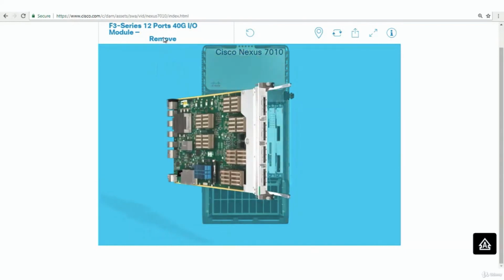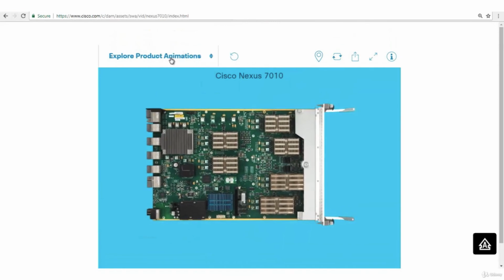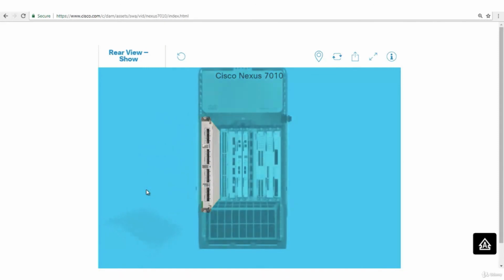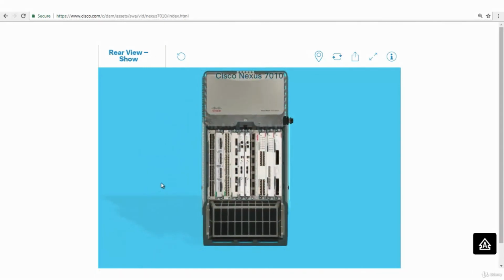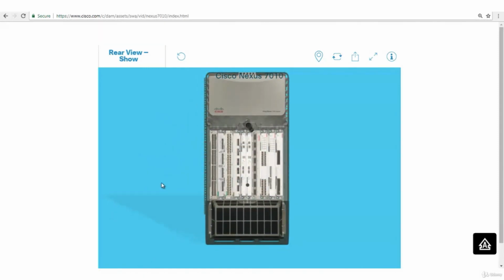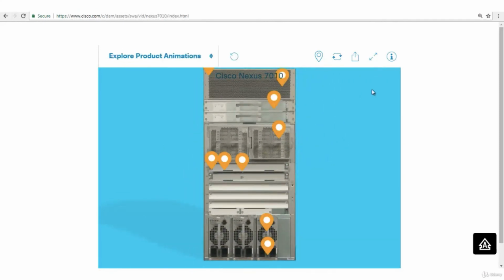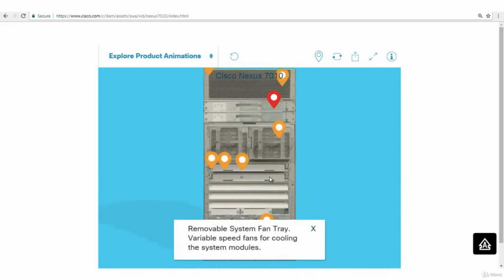Whatever you want to do, it is very, very good. Okay, this is the rear view, the rear end. So that's what I want to show you. Just download this app on your iPhone or Android phone. It is very helpful. Whatever I could not show you can be seen using this app.